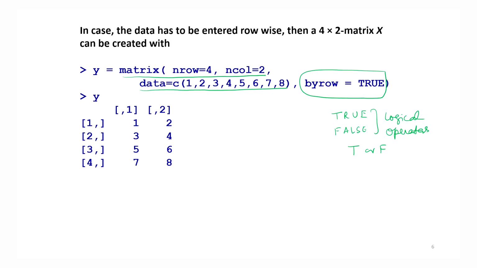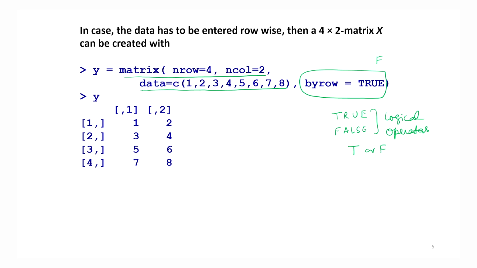In case I write down here false, by row is equal to false, that means I am trying to inform the R software that you need not arrange the data row wise. That means obviously the opposite will be correct, that R has to arrange the data column wise. So, if you try to see here by using this new parameter by row equal to true, how this data is going to be obtained.